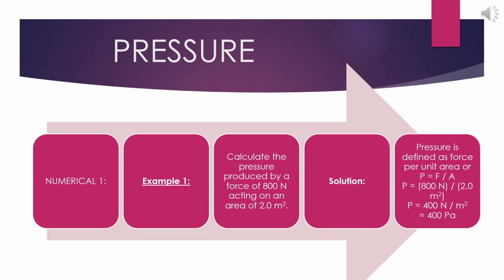Okay, so we have area, we have force, and what we have to calculate? Pressure. And what is pressure? Pressure is force per unit area. Yani P is equal to F over A. So P is equal to 800 Newton, the force, over 2.0 meter square, the area. So when you solve it, we will get 400 Newton per meter square. That is 400 Pascal. Is this clear, beta? How easy it is to calculate the pressure if we have area and force, both the figures given.